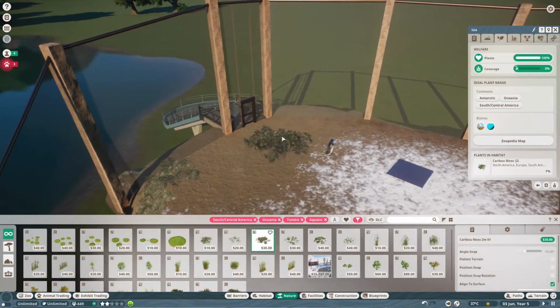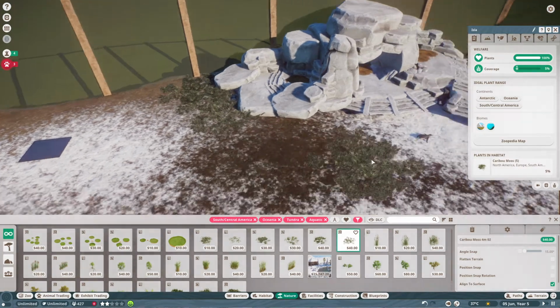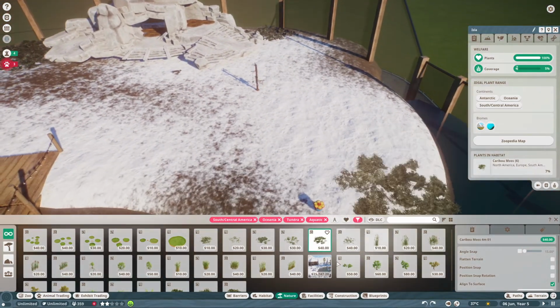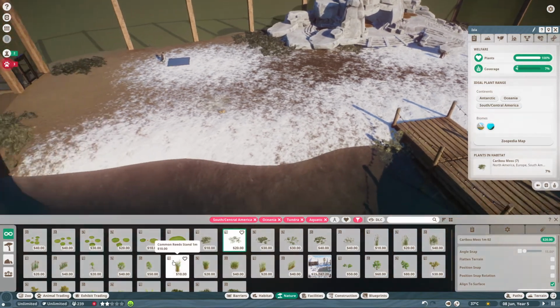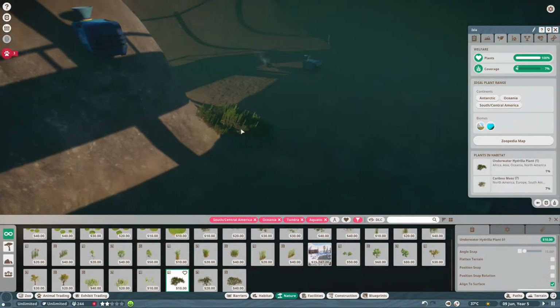But I think that the best we can do plant-wise is maybe just some moss, because everything else, I don't know, like, I like doing things. Also, as you can tell, they really don't like too many plants, obviously, because they probably don't have a lot of plants where they come from. However, and this is something that is pretty cool,